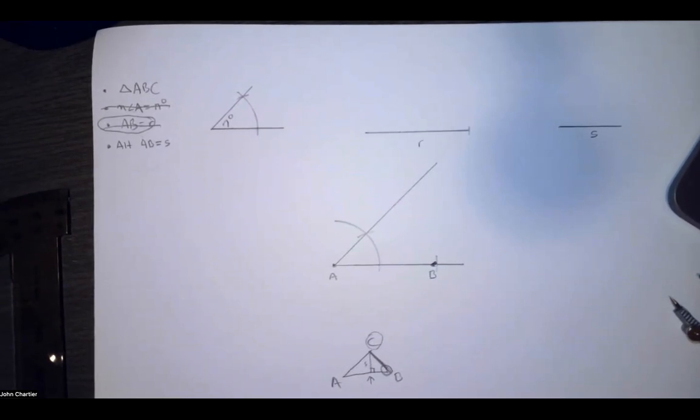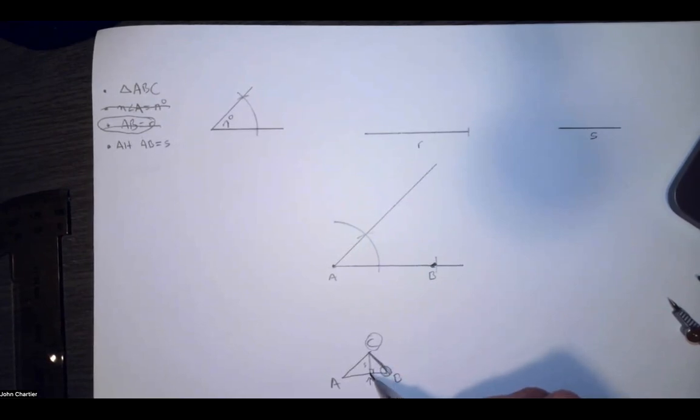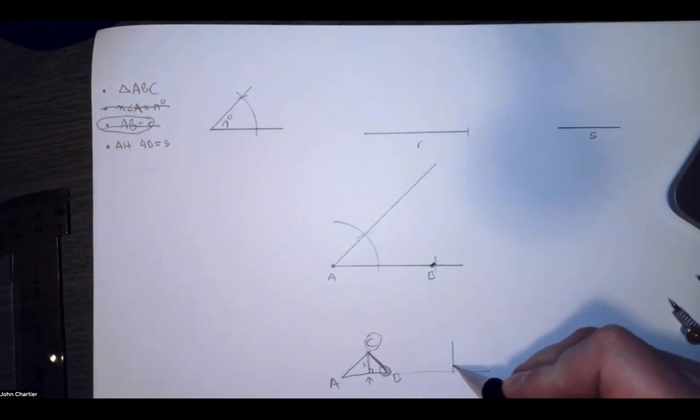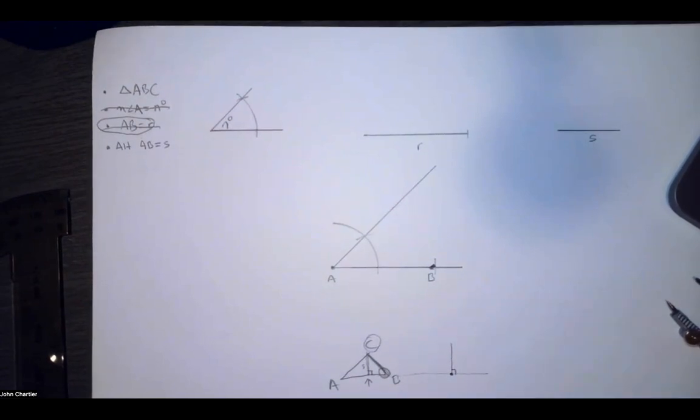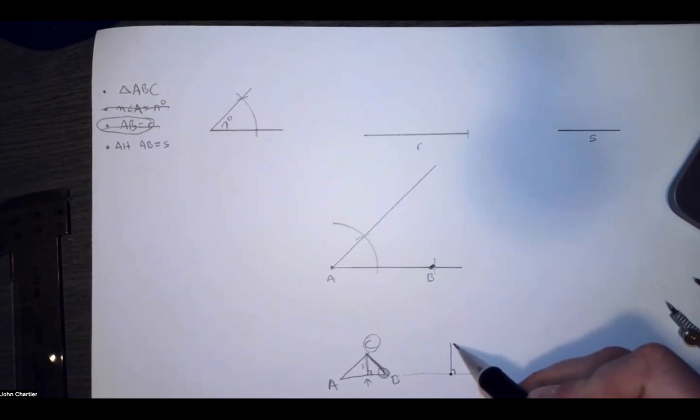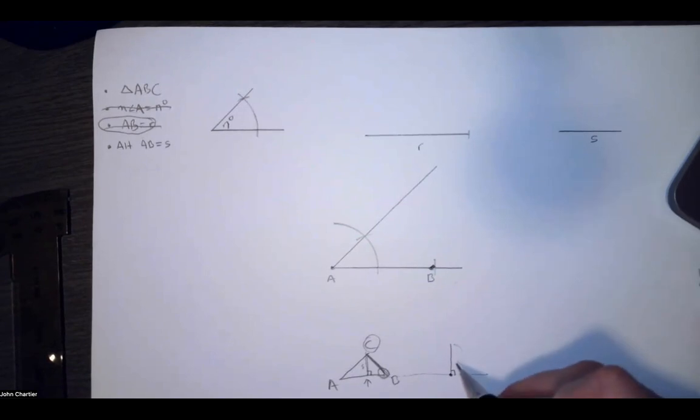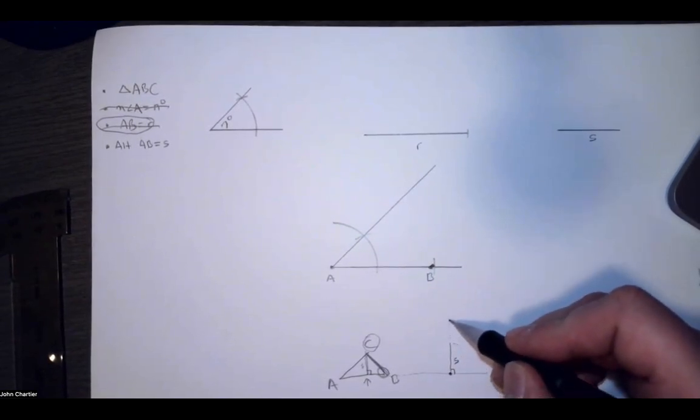Okay, so here is the answer. So the answer to it is, well, I know this has to be perpendicular. And I know if I extend this line right here, I can draw another perpendicular for that point, I can certainly make another perpendicular. Why is that useful? Because then I can measure this distance from here to here, and make it length of S. And then extend this a little bit further.